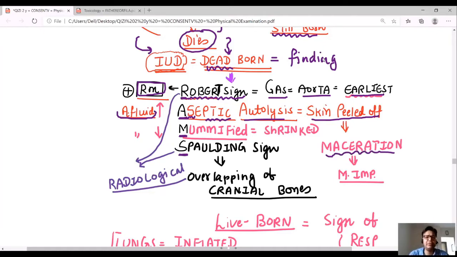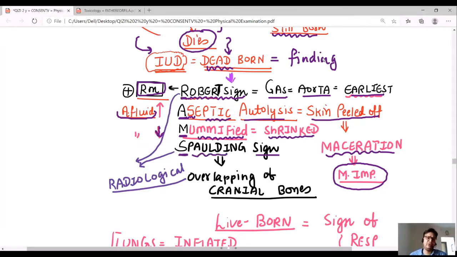I will show you the picture. When skin is peeled off, this finding is known as maceration. Maceration is the most important sign of dead born. If amniotic fluid is more, there is maceration. If amniotic fluid is less, the fetus is converted into a shrunken mass. This is known as mummification. It is a shrunk fetus. And as for Spalding sign,